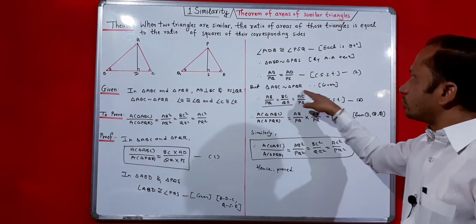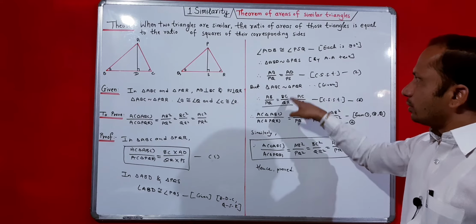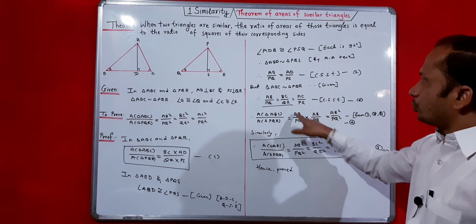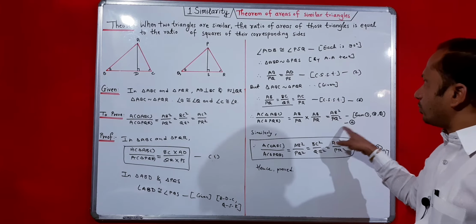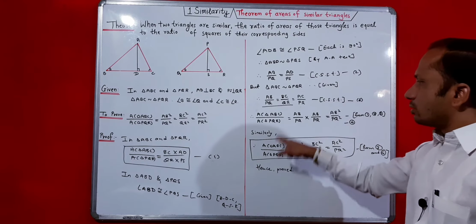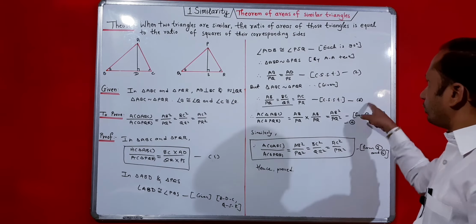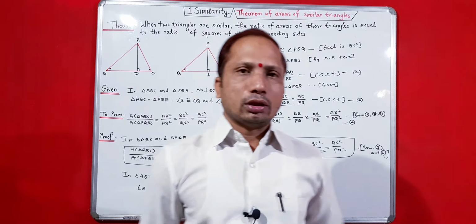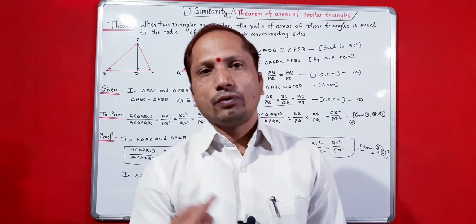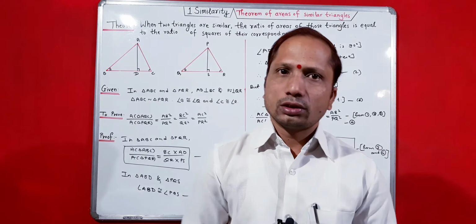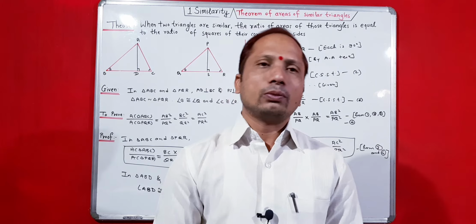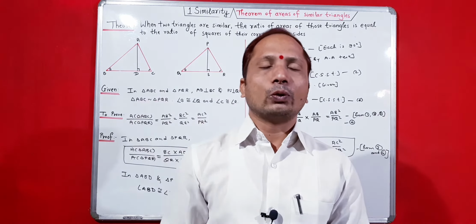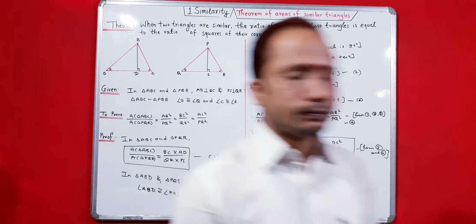But I know that these two triangles are similar, so AB upon PQ, BC upon QR, AC upon PR. So put AB upon PQ, AB square upon PQ square, this is fourth, this is third, and similarly from 3 and 4. So in this way you have to prove this. This is one of the theorems on which your practice set 1.4 is based. So we have learned this theorem, and after this theorem we are going to solve practice set 1.4.